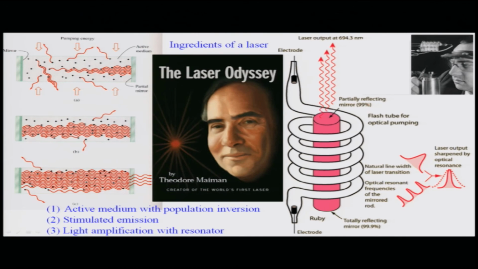This slide essentially tries to put together all the basic principles that went behind the demonstration of the first laser. It is an extremely important step, which I should mention, because when the first laser, the first maser was demonstrated, it was proved almost immediately at that point,